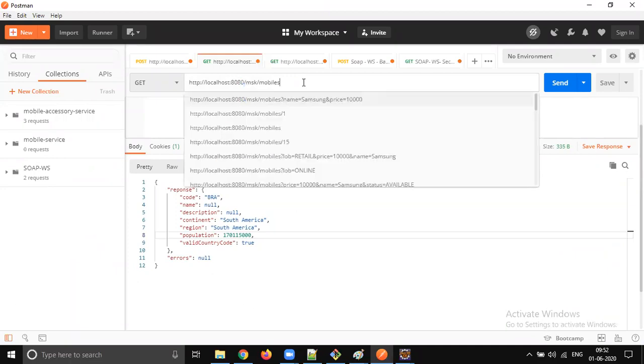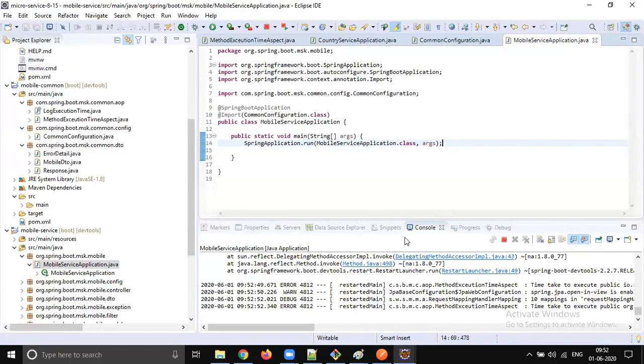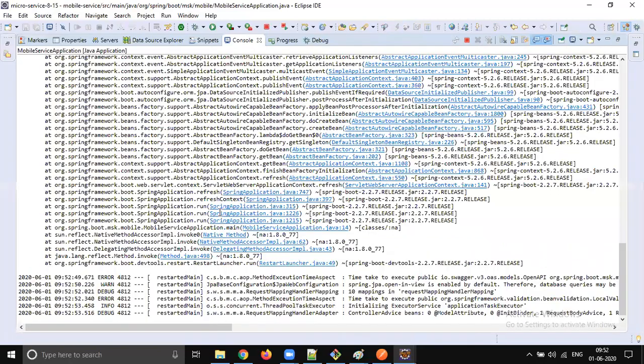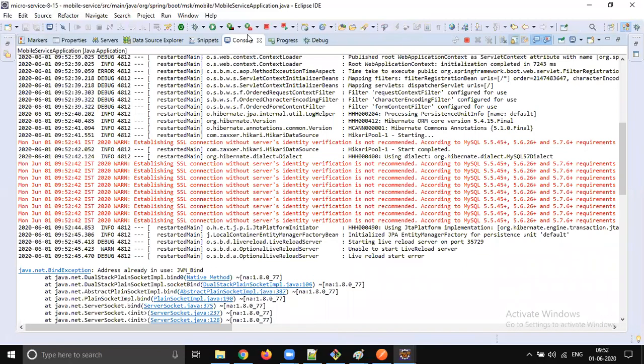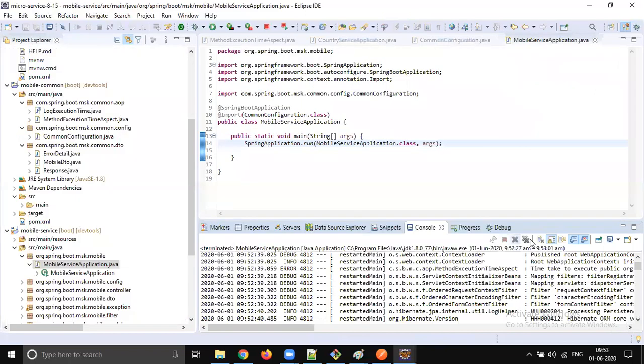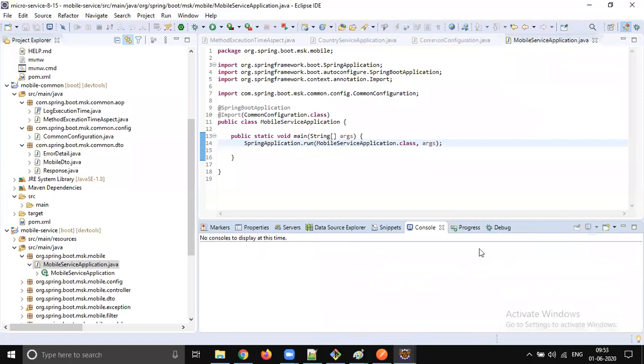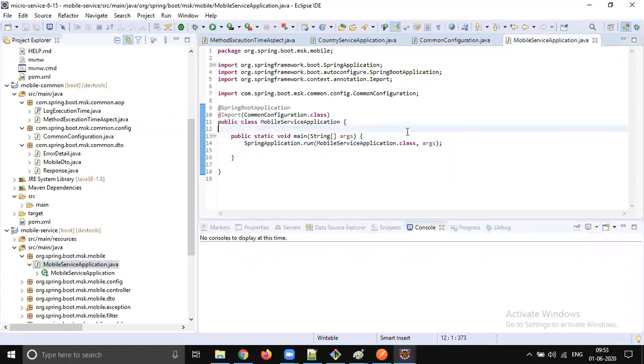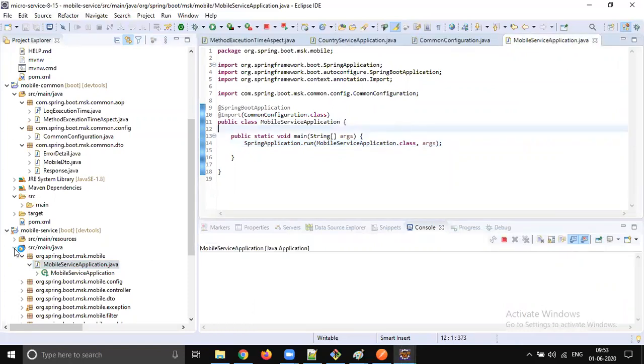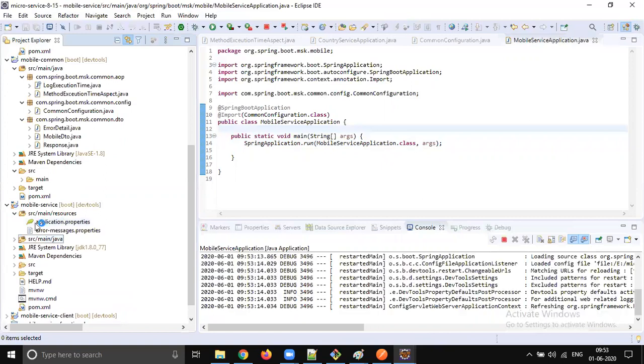Okay, some exception. What's the bind exception? Oh, already 8080 is running. Okay, country service is running on 8081. Where is the 8080 is running? The mobile is running on 8080.